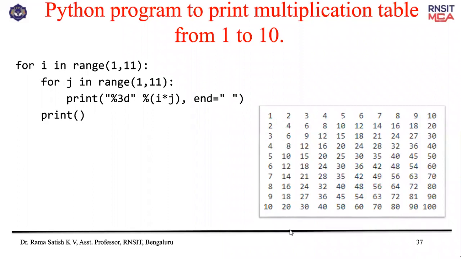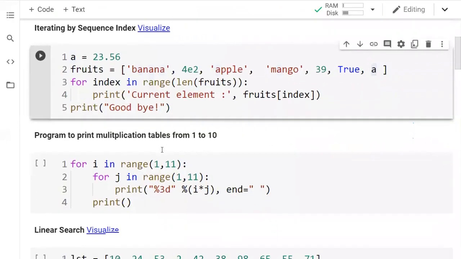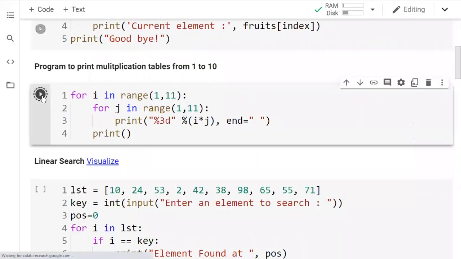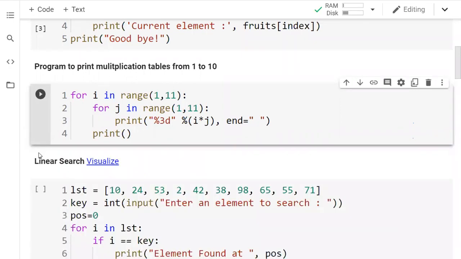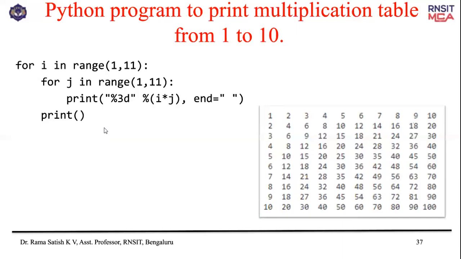So you will get the multiplication output like this. Same thing you can experience here. You can see I have written the same code. Just you need to run. Yes, we got the output. Same code I have executed, and it is ready. So it is to print a multiplication table. Like this, you can enhance this program, and you can write it for your custom needs. Moving further,